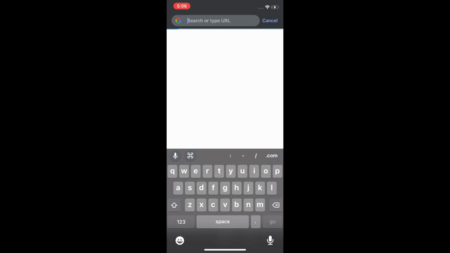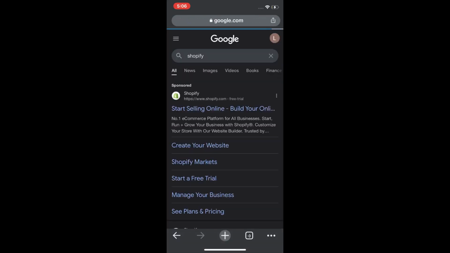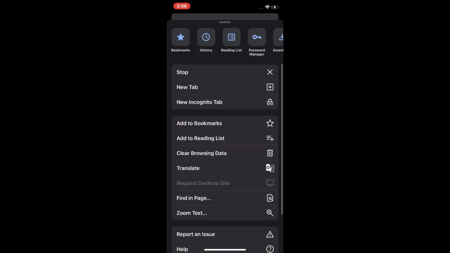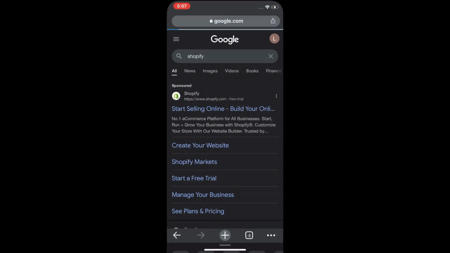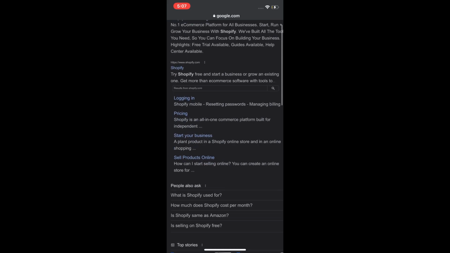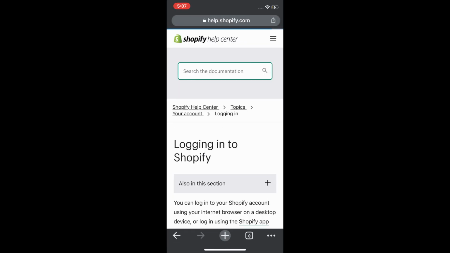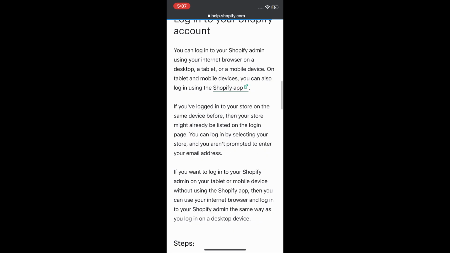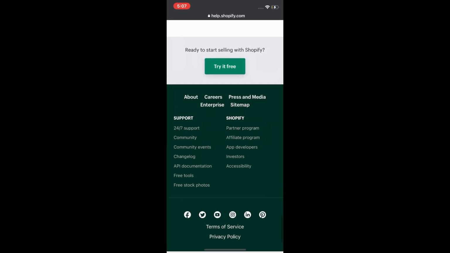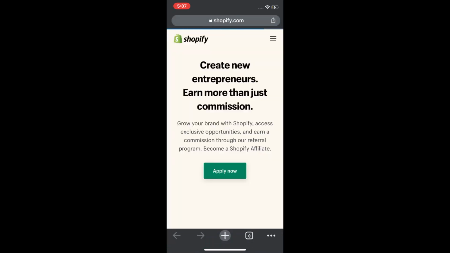First we tap on the Chrome browser and search Shopify, and tap on the Shopify account, and I open the desktop site, and you can see, tap on login, and scroll down and tap on affiliate program and apply now,